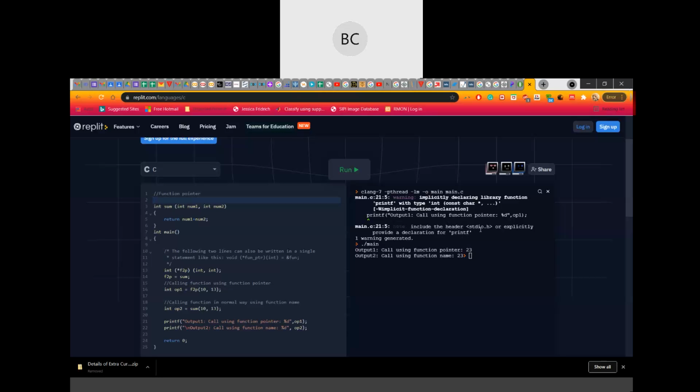See, it's clearly written, include header file. So now you know how to read the warning or how to read the error.